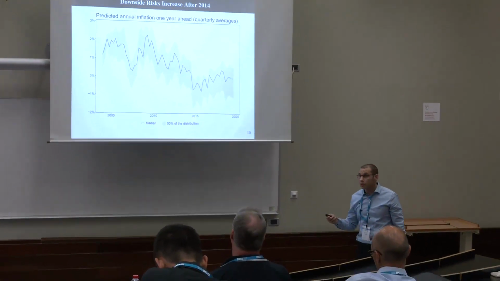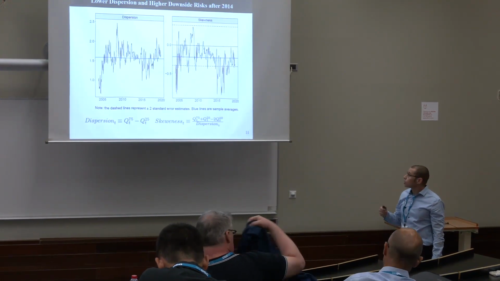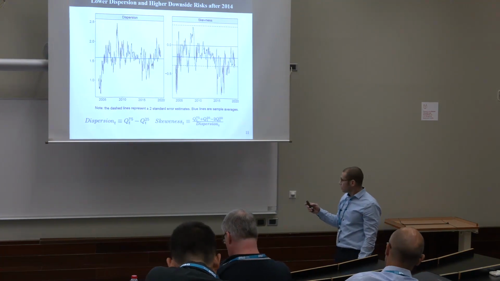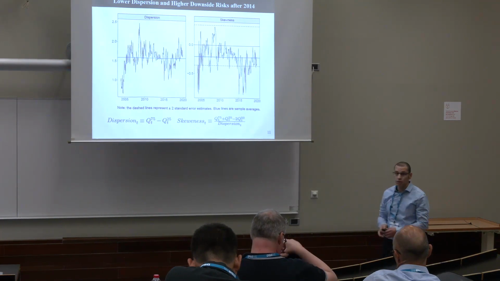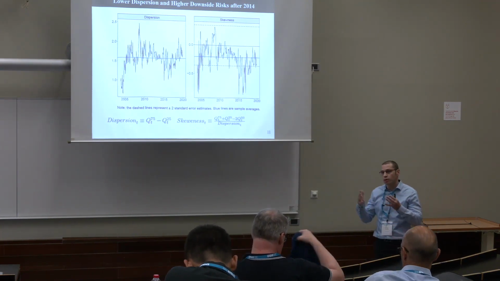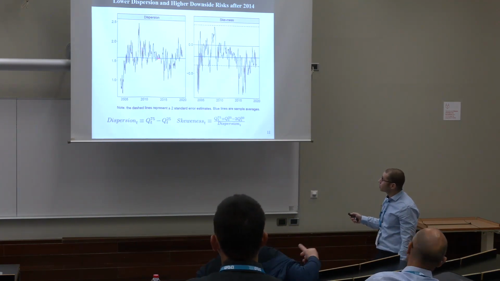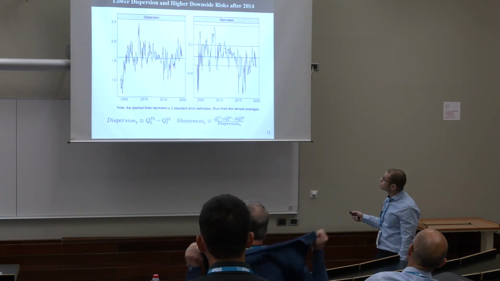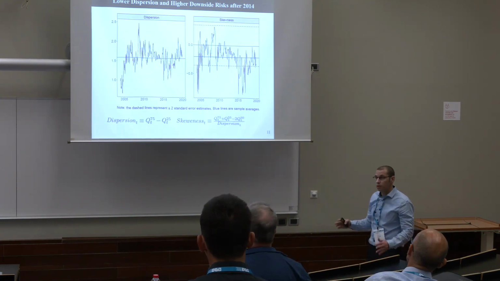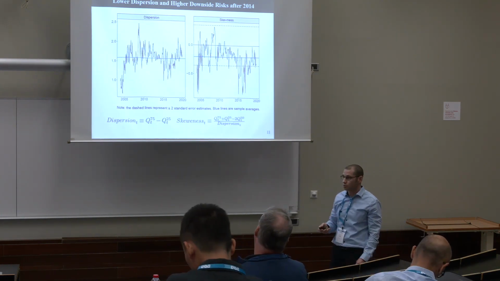Next, we are trying to analyze the changes in this distribution in a more analytical way. So we are looking at two aspects. On the left side, you can see the dispersion measured by the interquantile range, and we take it to be a measure of forecast uncertainty. And what you can see is that it fluctuates around some average value until 2014, and then we are starting to see those big drops that represent contraction of the dispersion or decline in forecast uncertainty.